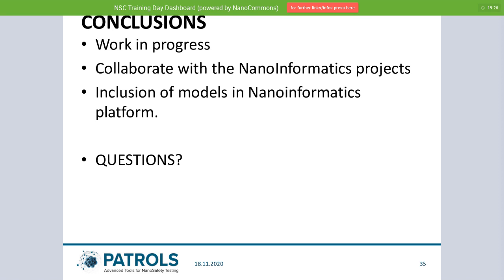Hopefully in NanoSolveIT and in nanoinformatics, they would take this type of model and put them together into a platform made available for all of you to use, to compare in vitro with in vivo, get the right dose for an in vitro experiment, and figure out what particle characteristics drive the response that you observe.